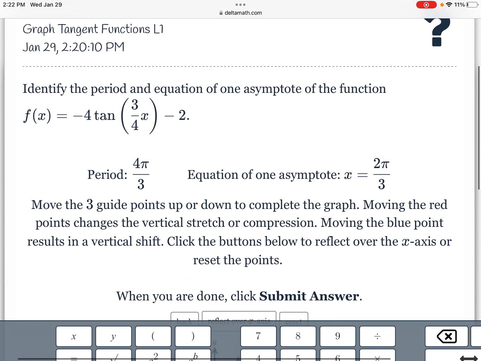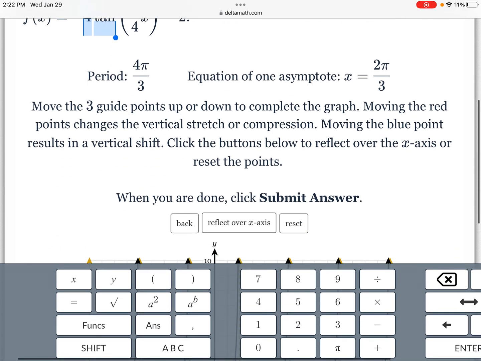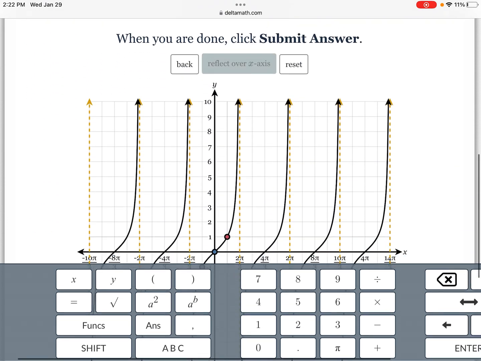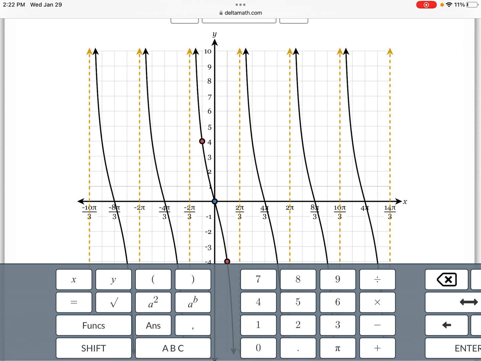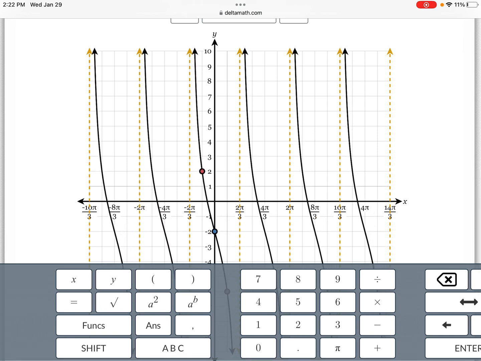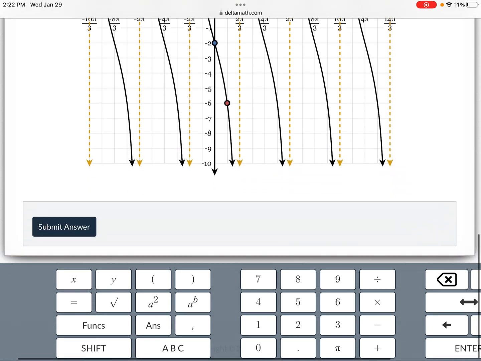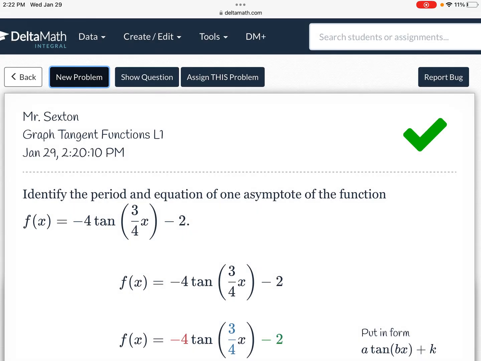And we do the same thing. Remember, reflect, stretch, down or up. So it's the same thing. We're going to reflect, stretch it by 4, down 2. And then you just submit your answer and hit yes and hope for the green check mark. All right, guys, that's how you do the first one on your